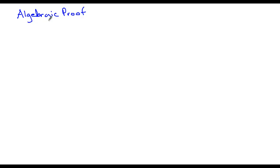Okay, algebraic should imply to you that it's going to use algebra, which is something you know how to do. Proof, on the other hand, is something that you have no idea how to do. So we're going to define what a proof is. A proof, and I'm pretty sure your parents will agree with me if you want to get them in here for this and ask them what they think about it. A proof is something that you have no idea about. A proof is an argument that uses, wait for it,